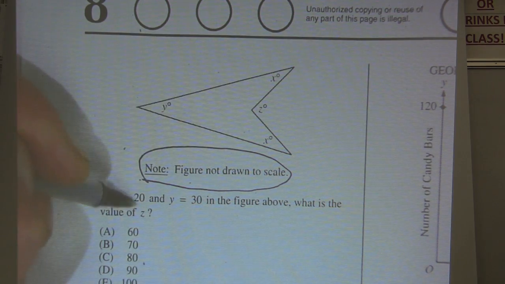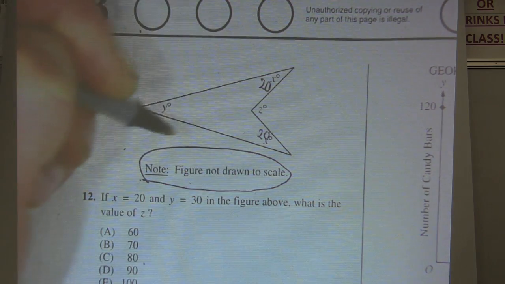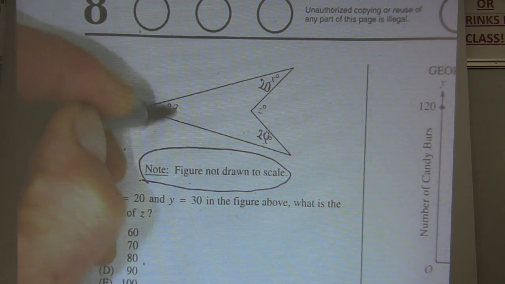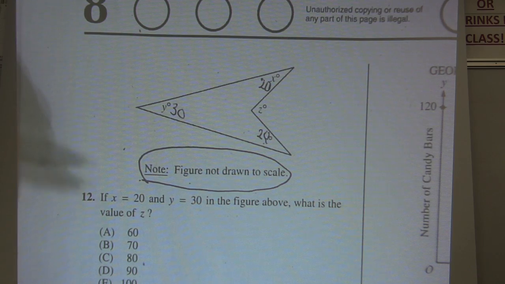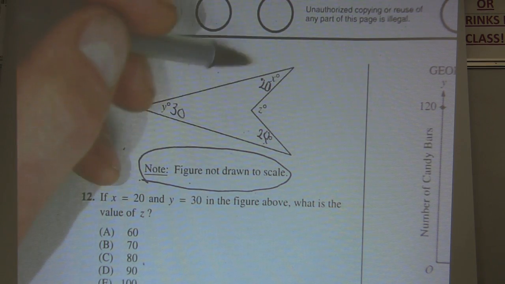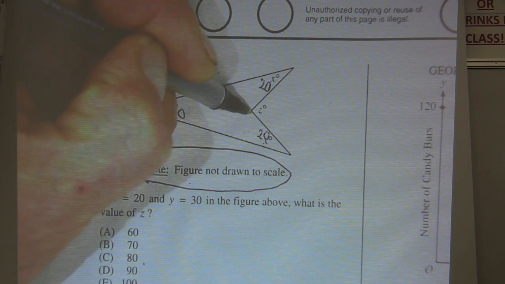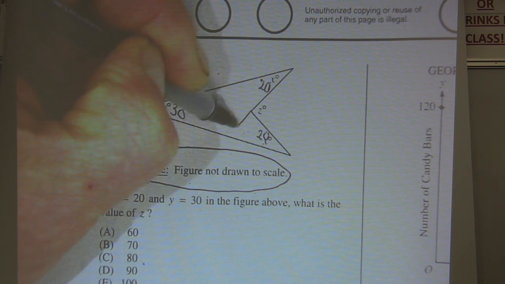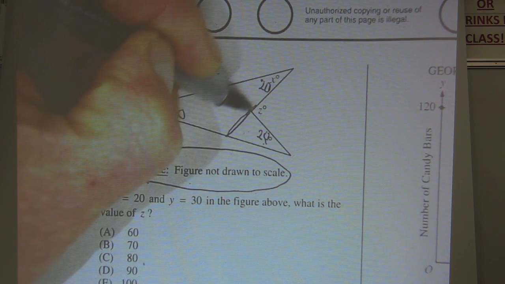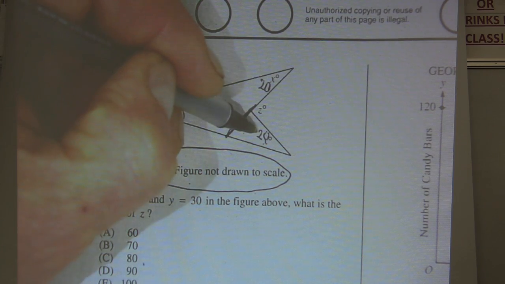Let's go through. X equals 20. I'm going to put in a 20 right there, a 20 right there. Y equals 30, so a 30 goes over here. Okay, I still don't know enough. This is a concave polygon, so I don't know the sum of the angles inside. What I'm going to do is extend this line right here, and when I extend that line,